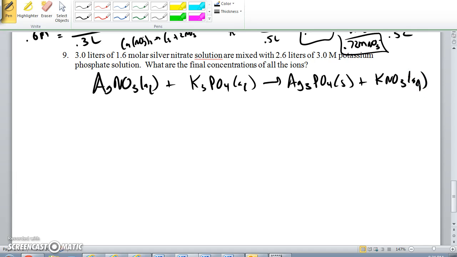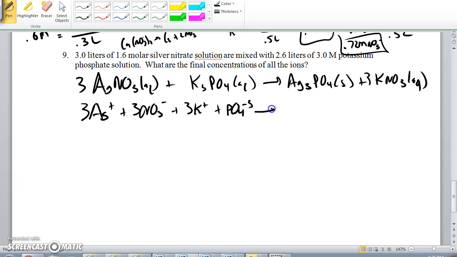Okay, we know that silver phosphate is the precipitate, and to balance this then I'm going to put a 3 here and a 3 here. Let's do our ions, so it's going to be 3Ag plus, 3NO3 negative, plus 3K plus, PO4 negative 3. It's going to give you 3 silvers plus phosphate